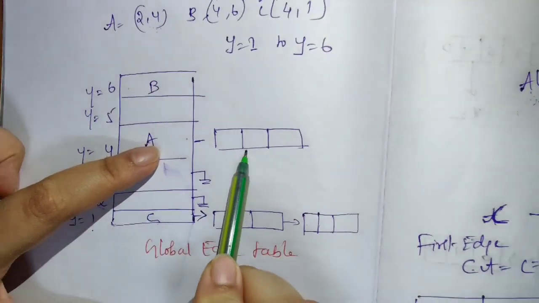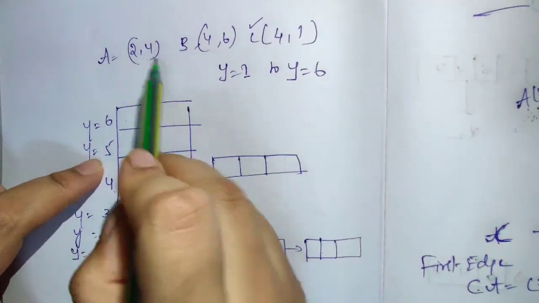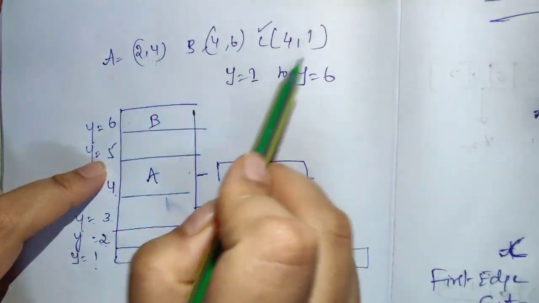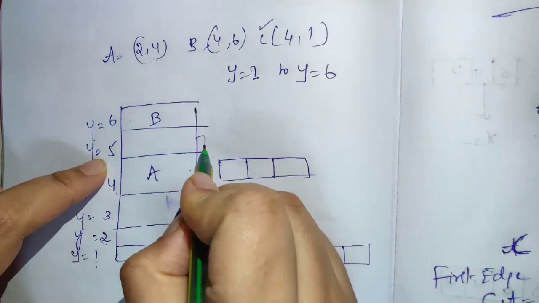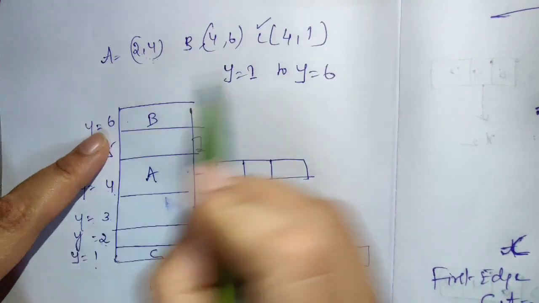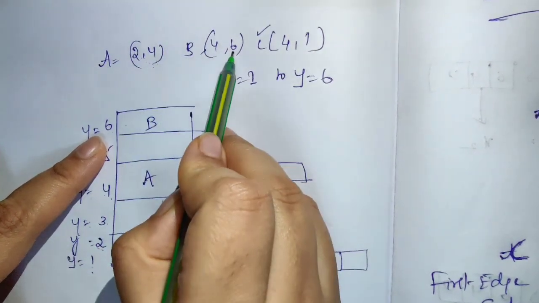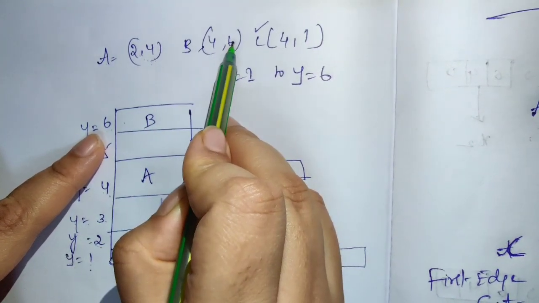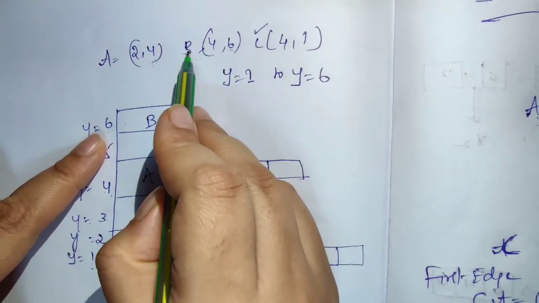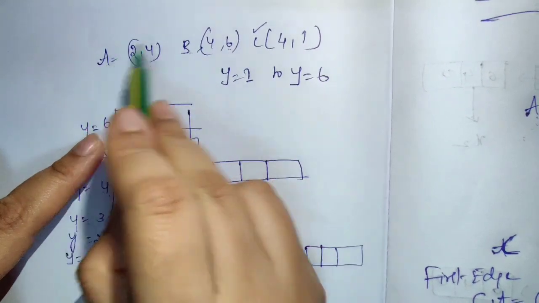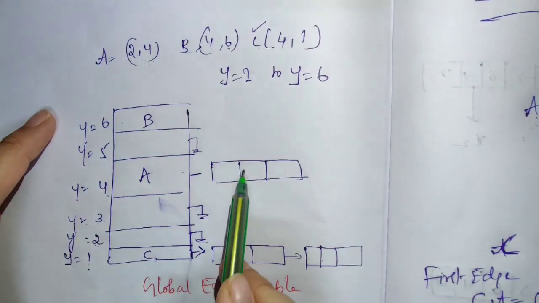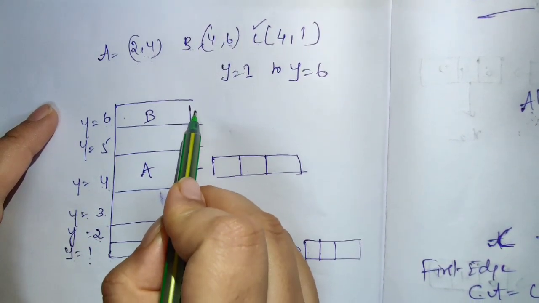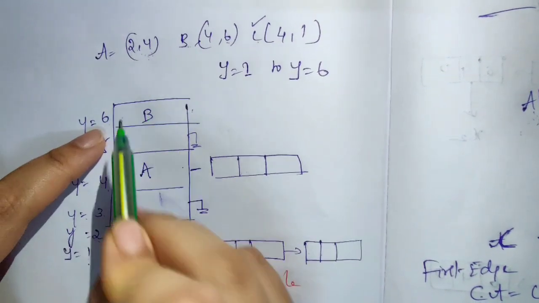Okay. That's it. So the next, for y is equal to 5, there is no y value for the value 5. Okay. So that's why the value is null. So for y is equal to 6, here yes, the edge B is 4, 6. For the edge B, the value is 6. But the B edge is already connected to A as well as the C. So we have already mentioned it here. So there is no need to mention once again for this edge B.